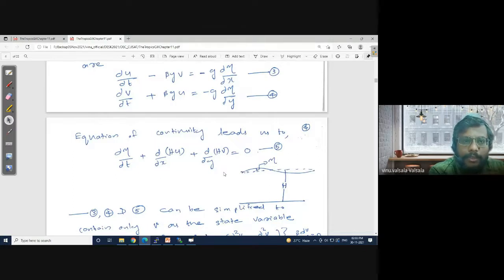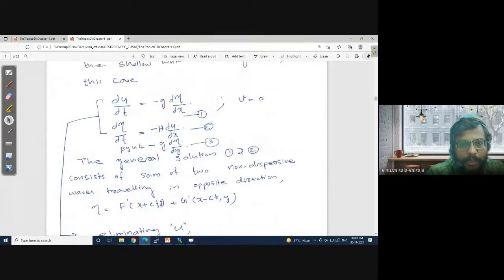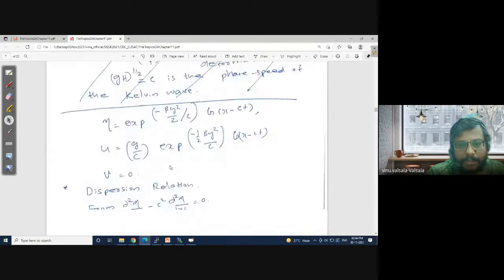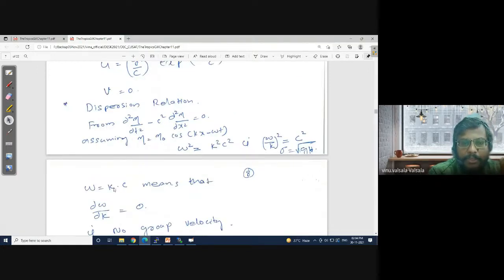Then we looked at how the special solution, a Kelvin wave, evolves by treating two special considerations. One is that there is no V component associated with it, so our equation reduces to what we see on this monitor. The solution to that is of special interest. It evolves as a Kelvin wave with a sea surface height that decays with latitude away from the equator, and it has a corresponding U relation and zero V velocity. Most importantly, we discussed the phase velocity, and we found the phase velocity is a constant, which we arrived at through our dispersion relation.